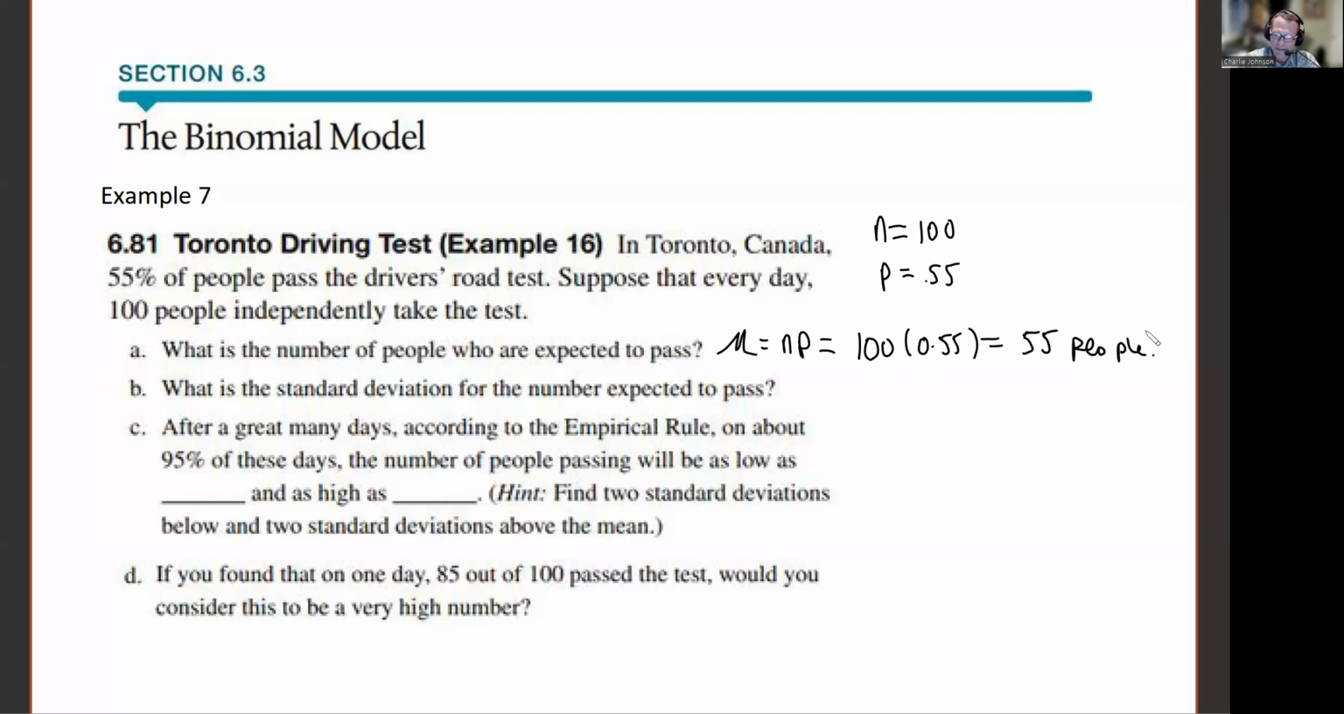Now, standard deviation is a little bit harder to calculate. That one is the square root of n p times 1 minus p. So we have n is 100, p is 0.55, and then 1 minus p is the probability of failure. 1 minus that is 0.45. Taking the square root of that value,